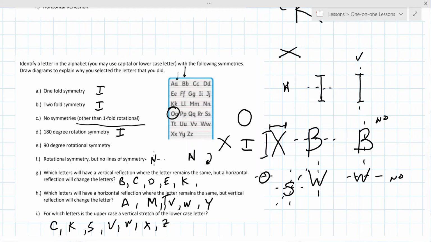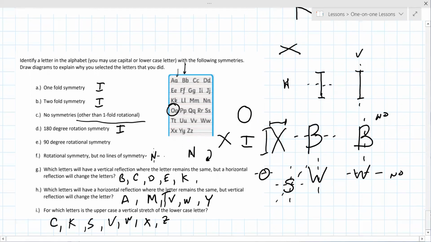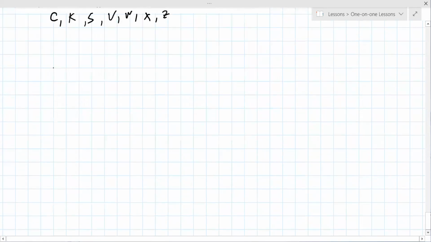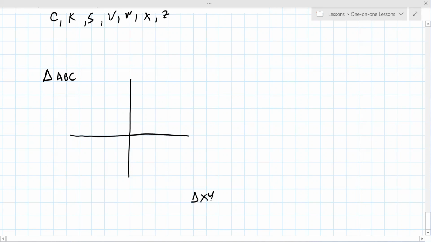And then these are just some random questions, just like on the other problems. So let's say we have a triangle ABC, which we were using before. Let's just draw ABC. Let's say it's in quadrant 2, and we have another triangle XYZ that's in quadrant 4. Okay. Like how would that, so let's say we wanted to